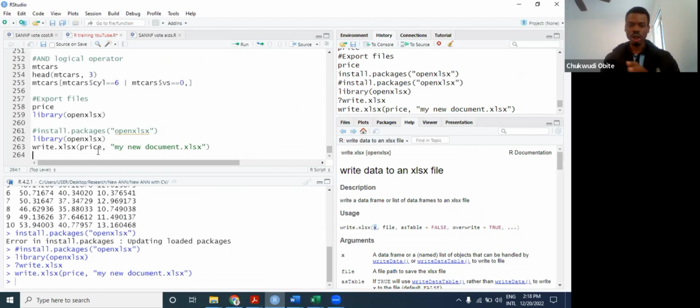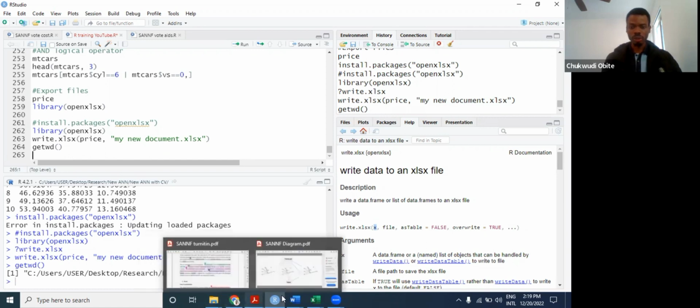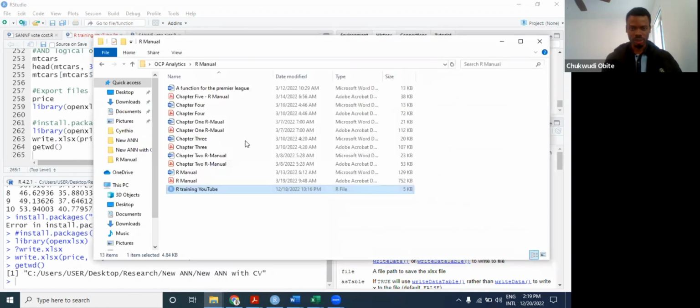If you want to see your default directory, do getwd and run. So this is my default working directory. R is saving all my files in this folder. If I want, I can change my working directory, and I can also tell R where I want it to save my file. So let me use another folder. I have a folder called R Manual. If I want R to save my file in this R Manual,